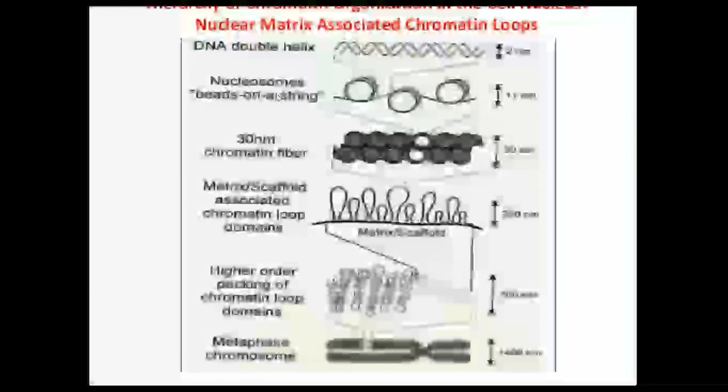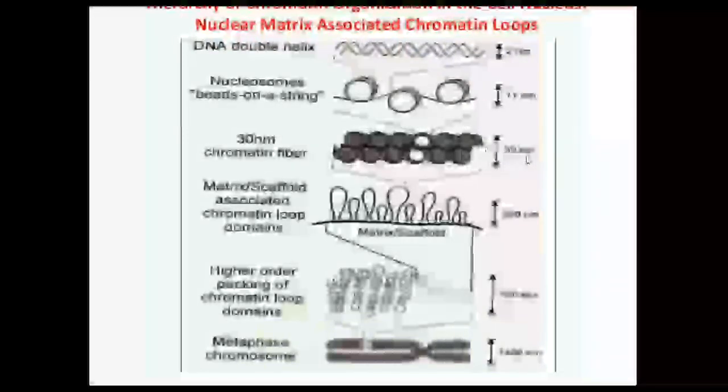These are nucleosome beads on a string, which have 11 nanometers of width. These nucleosomes are present in the chromatin fibers, which are 30 nanometers wide. And these chromatin fibers are present in the form of loops, the chromatin loops, which have a 300 nanometer width.